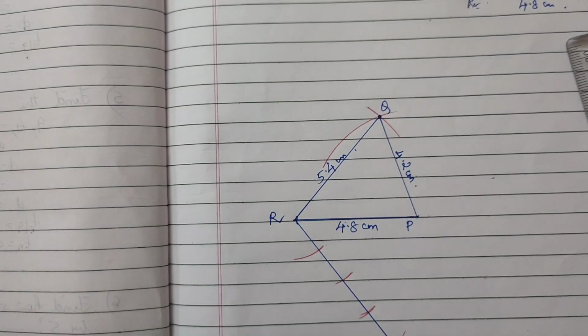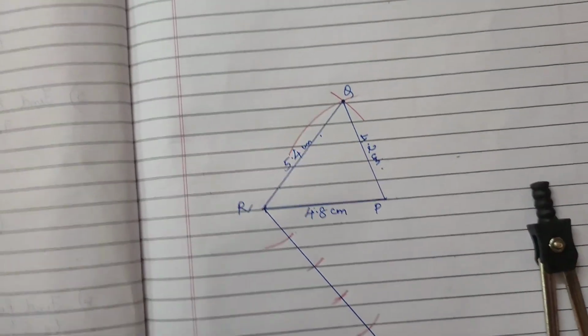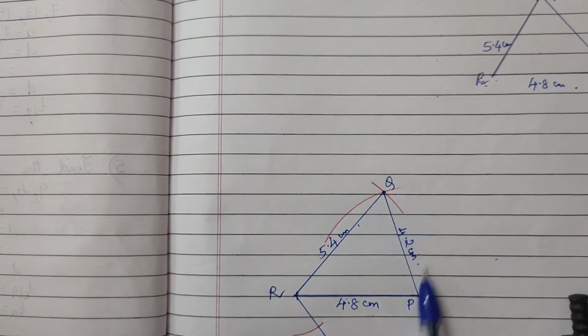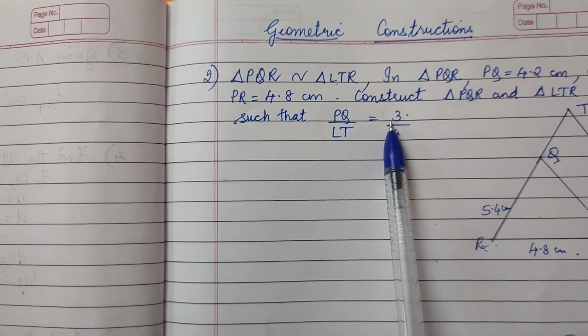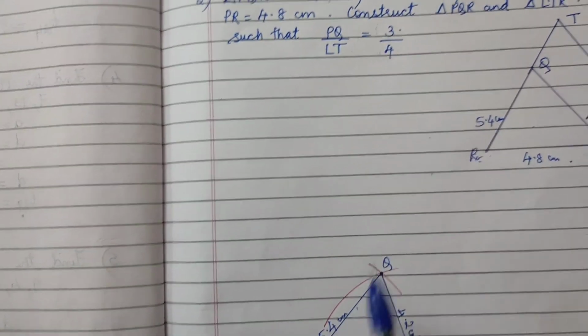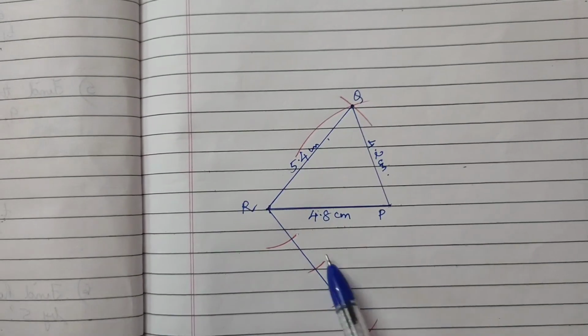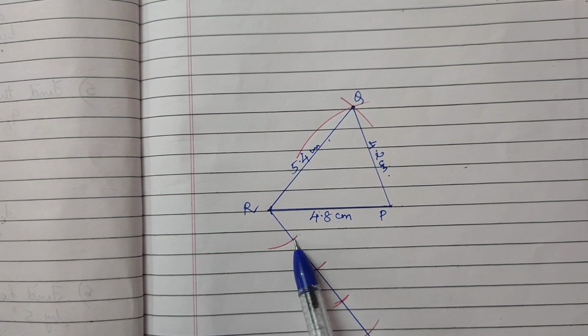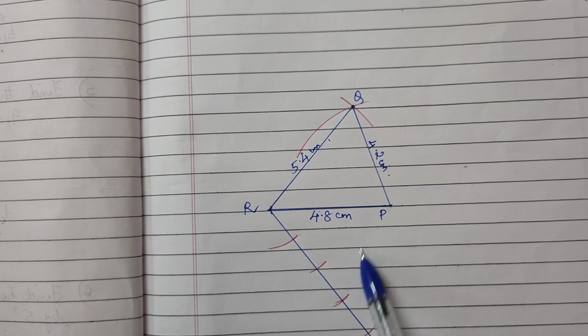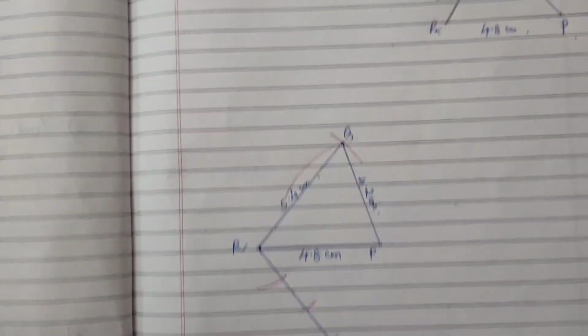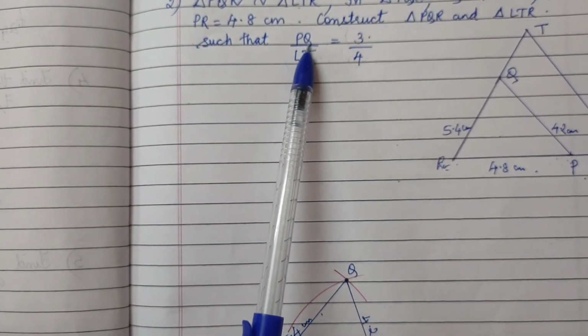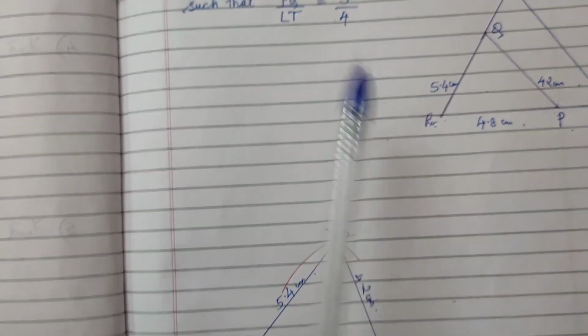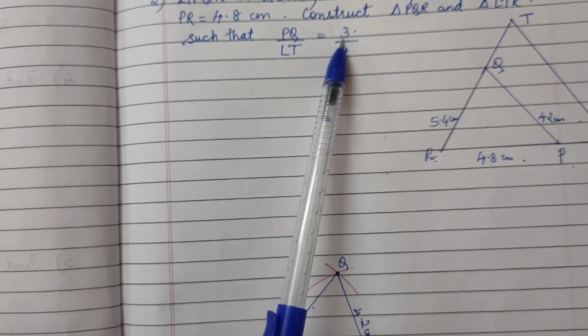Okay, so 4 equal parts I have made it here. Now what we are going to do, the triangle which we have made is PQR triangle. Now PQ के सामने 3 है, तो PQR triangle जो है उसके सामने 3 है, so where is our third arc? 3, 1, 2, 3, उसके यहाँ join करने का है. I repeat, here we are seeing the corresponding ratios. कौन सा triangle है, उसके सामने क्या ratios है, 3.